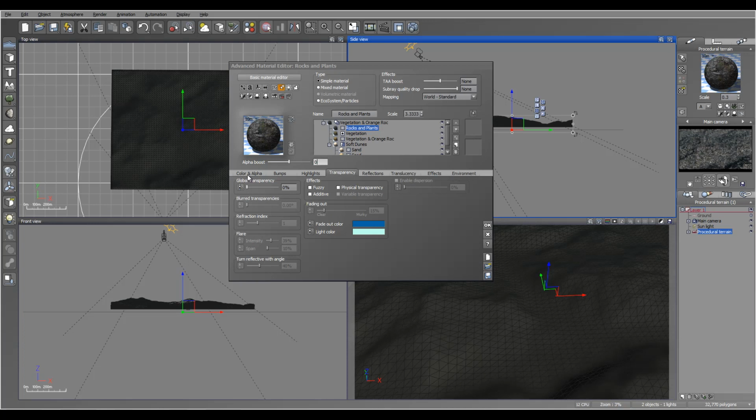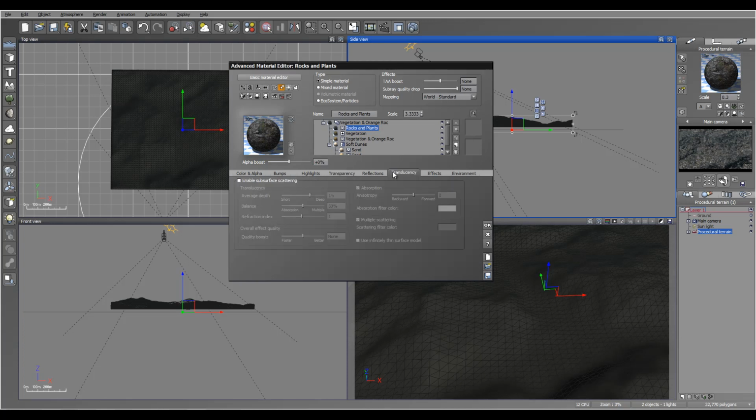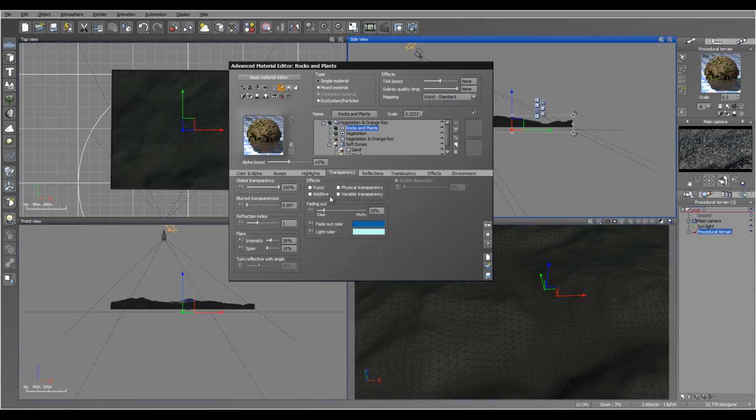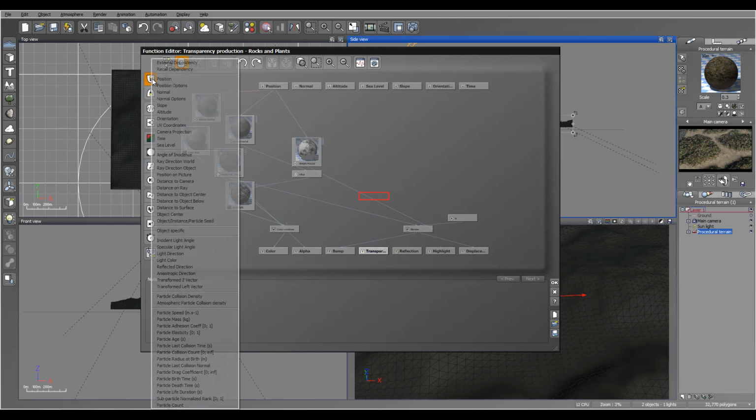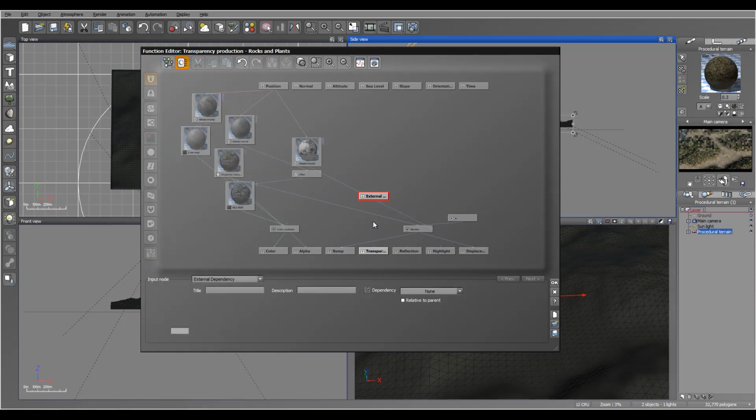Okay, we'll go to transparency, actually global transparency, variable transparency, we'll edit, and same things right here. We'll go to add external dependency. We'll set to the procedural terrain, and we'll have it altitude. So variation in altitude. Okay, you can notice right here where we have it kind of darker on the bottom